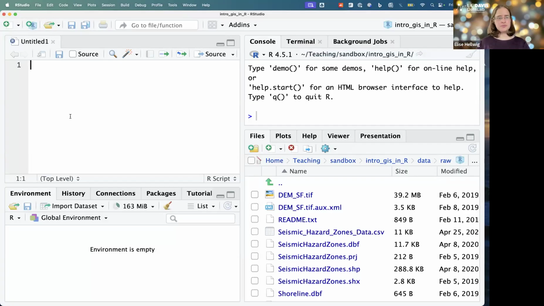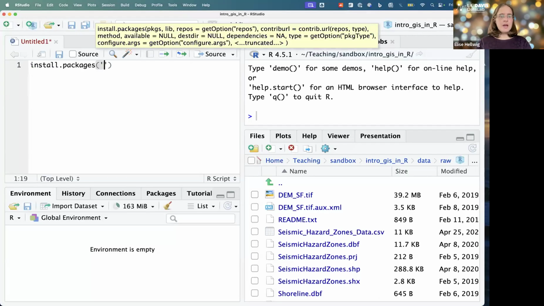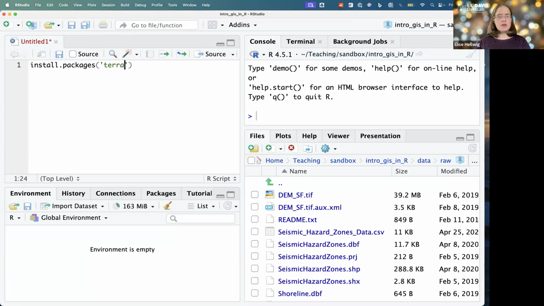The commands just change. So like I said, we need packages, and because there are tens of thousands of packages, when you install R, they're not installed. You have to specifically install them. And we can do that with a command called install.packages. And you only have to do this once, but I'm going to keep it in my script because I want to remember that I have to do it on new computers and remember what the command is. So we're going to do Terra,